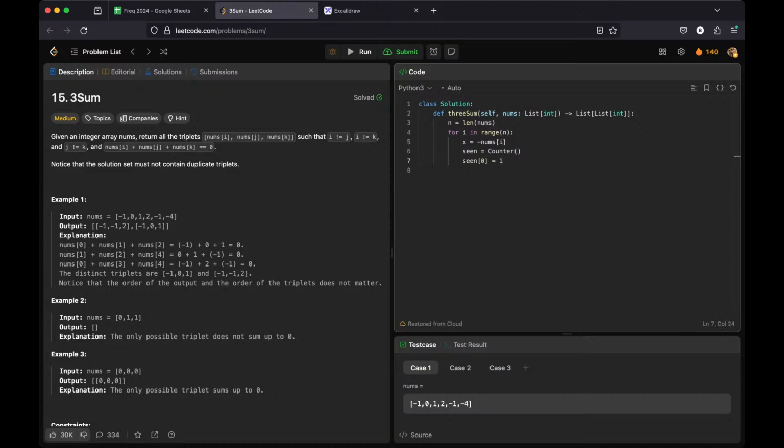Okay, and then for j in range i plus 1, n, seen dot add nums of j. And then we're saying we want two numbers with a difference of x. So if something in seen, oh wait,